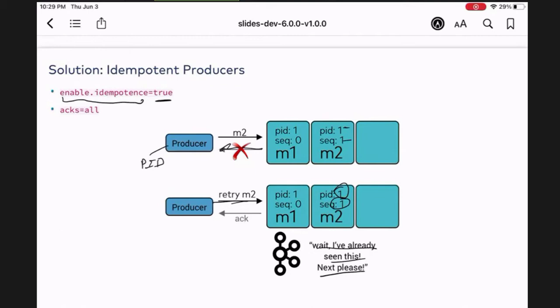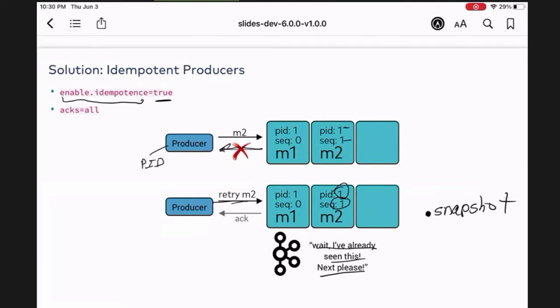So the broker will recognize the sequence number from the producer and say, look, I don't need to add this to my log because I already have this. And this information, as you'll see in your notes, this producer ID and sequence number, will be occasionally snapshotted into the partition where your logs are, in a hidden file. Any file in Linux that begins with a dot is a hidden file, right? And it's called .snapshot, which will have your producer ID and sequence number. So it helps with broker recovery.